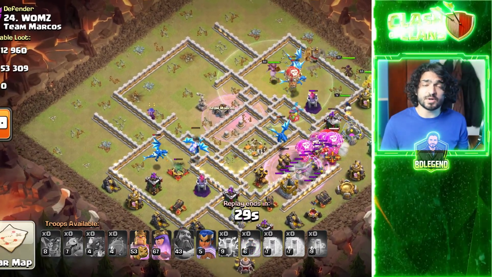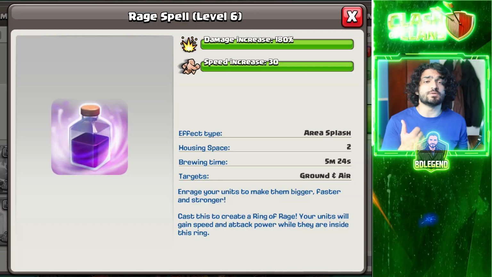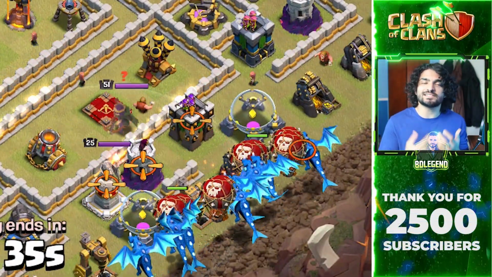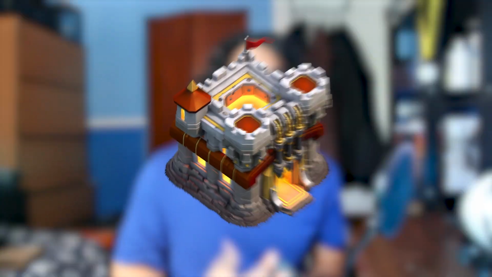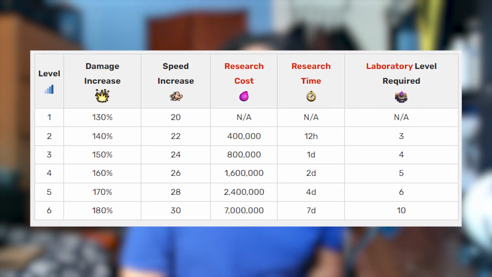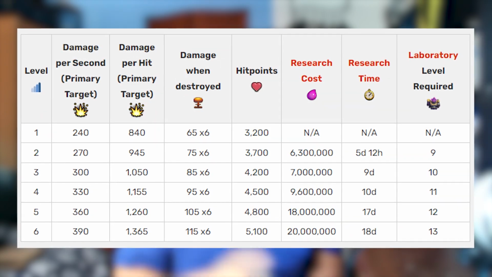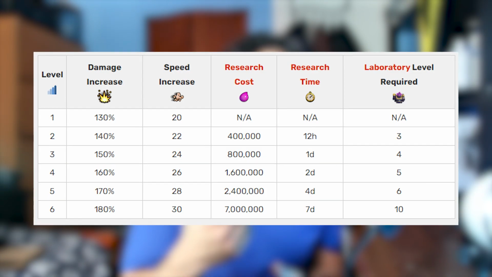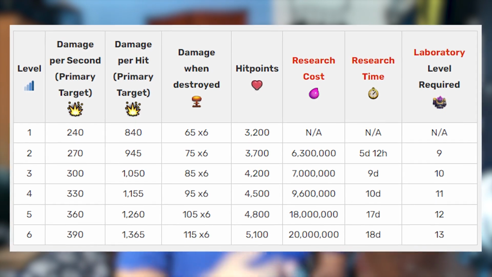In terms of lab upgrades, the only upgrades you really need to do are the Rage Spell and the Electro Dragon. You don't really need to upgrade the balloons because they're just there as a tank for seeking air mines anyway. At Town Hall 11, you have 4 upgrades you need to do to the Rage Spell, and then 1 upgrade you need to do to the Electro Dragon itself, totaling only 13 days of upgrades, and you can start this way before Town Hall 11 because the Rage Spell unlocks early. At Town Hall 12, you get 1 more level of the Rage Spell, but you only get 1 more level each Town Hall above that for the Electro Dragon, so this is a really easy army to get and to